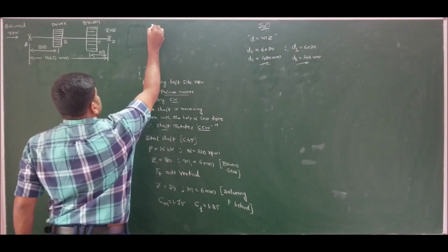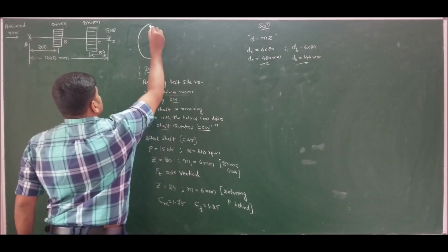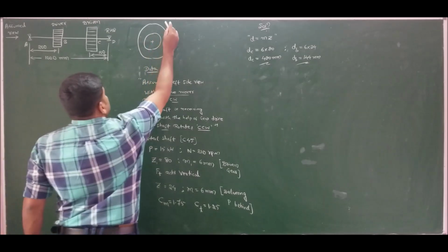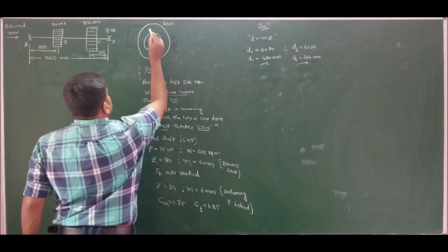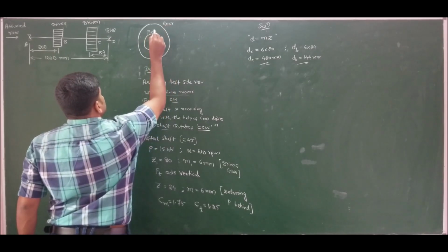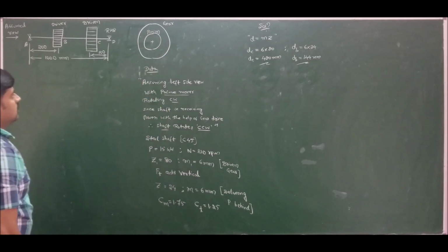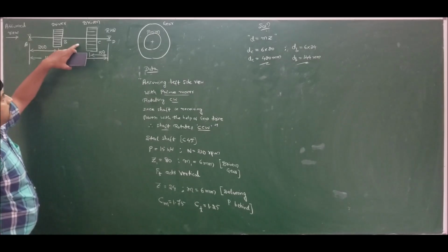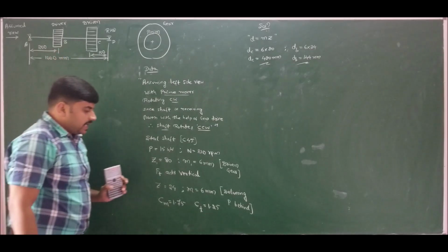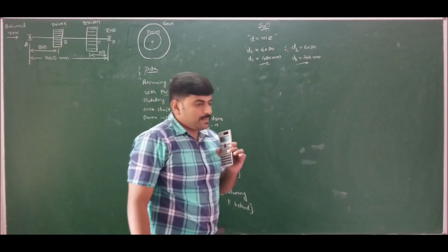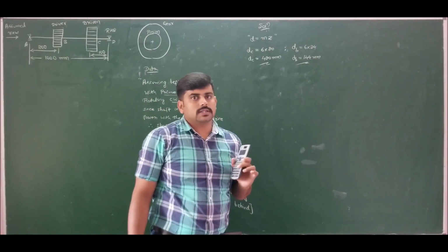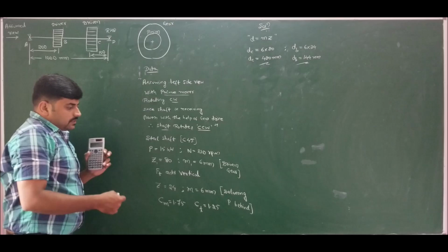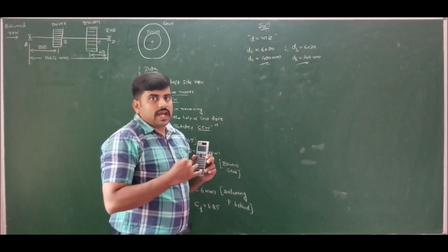So hence we have two gears. We have a shaft, smaller one. So this is the gear and this is the pinion. Now he states that FT acts vertical for the gear. We already know that FT can act vertical only if the gear receives or transmits power horizontally, that is, in front or behind. If it receives or transmits power vertically above or below, then FT acts on the horizontal plane.